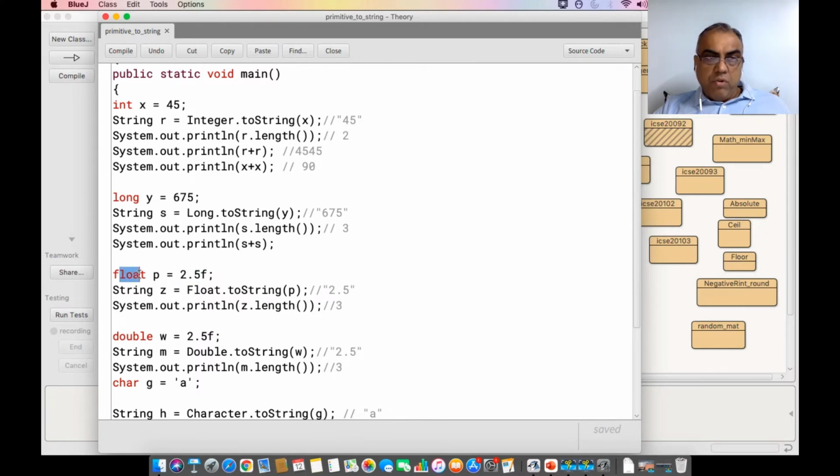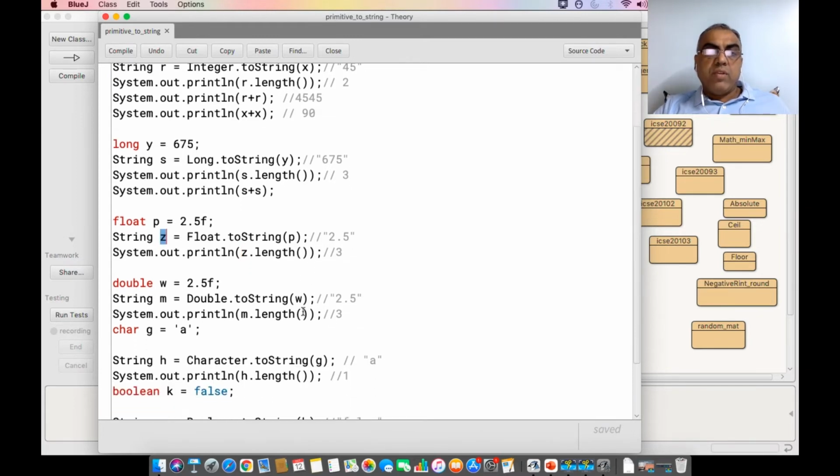So now if I want a float to convert, my primitive wrapper class is Float with capital F, dot toString. So 2.5 has become like this. Now if I find the length of z, there are 3 characters, 1, 2 and 3. So all string functions are now applicable on z, which was a numeric value as well.